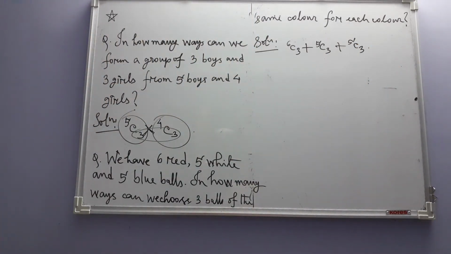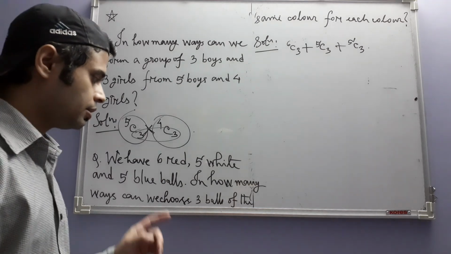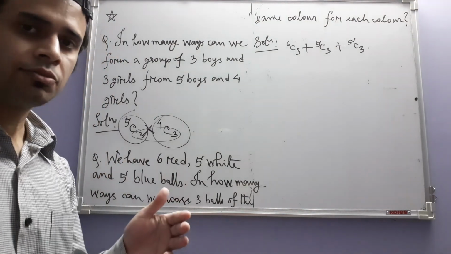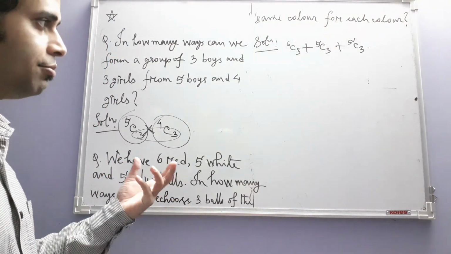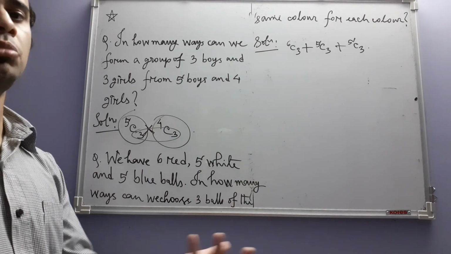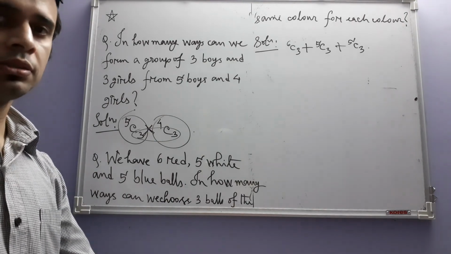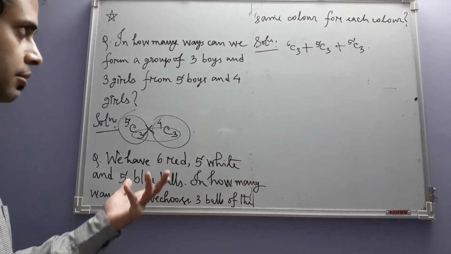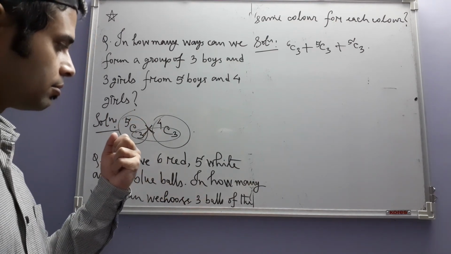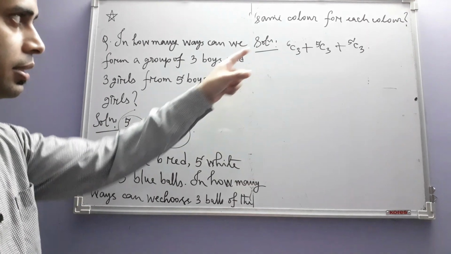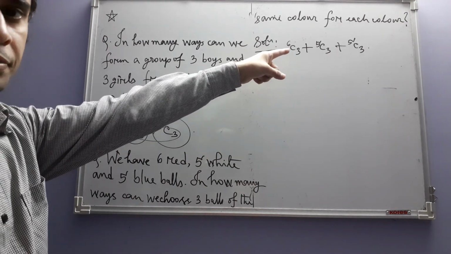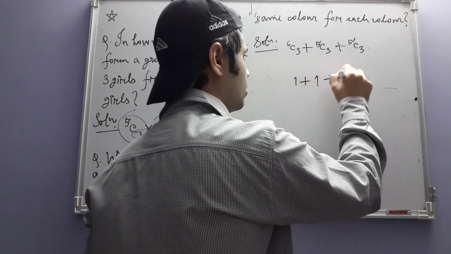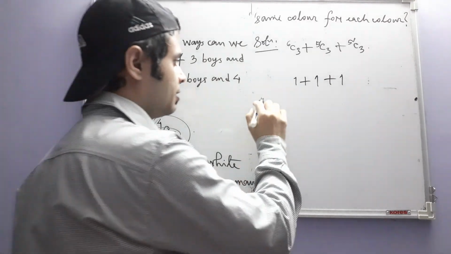Now, in this question, I have a confusion. The confusion is whether the red balls are distinguishable from one another or not. For example, you have some billiard balls, say 6 red billiard balls. If you cannot really distinguish between them, then this will not be the number of combinations. The number of combinations will be 1 plus 1 plus 1, because you see, if you have these